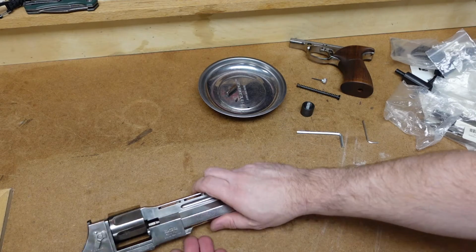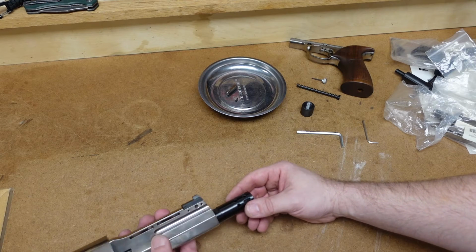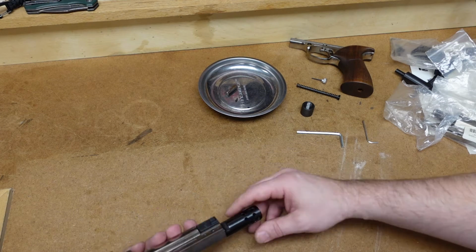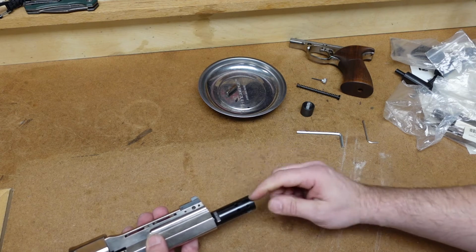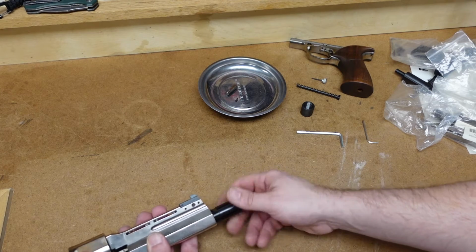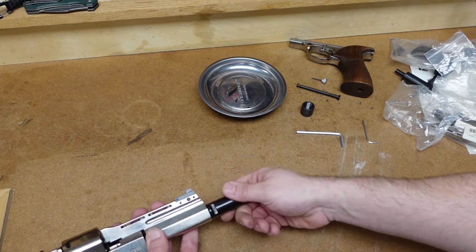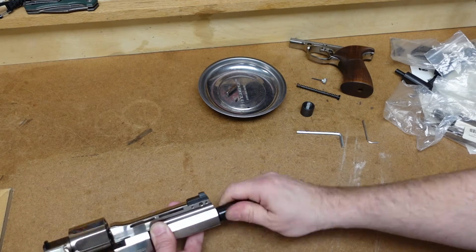Right now, this particular gun has a compensator on it, and this just screws onto the barrel. However, I'm not able to get this compensator off. So what I did before I filmed this portion is I put this upper into a gun vise. I held this down and I was able to rotate it off. So the whole barrel can unscrew, but typically you will unscrew the compensator and then the barrel will simply thread out. There are some wrench flats right here, but I don't have a wrench that is thin enough. I have one that is wide enough but not thin enough to get on that to help unscrew the barrel and the compensator. We'll go ahead and unscrew this